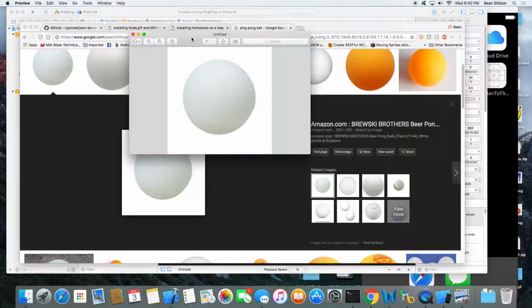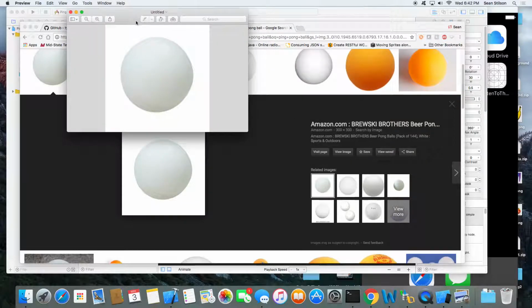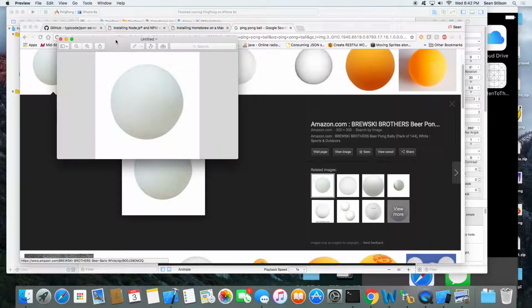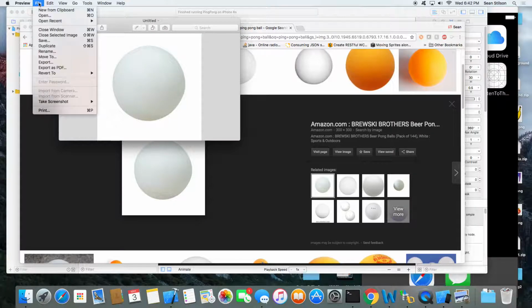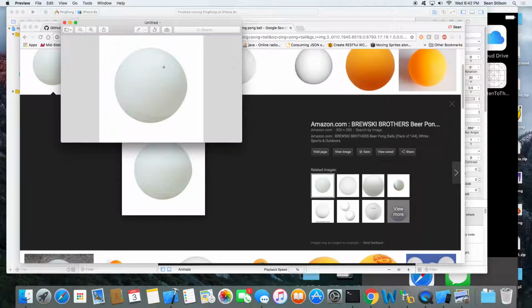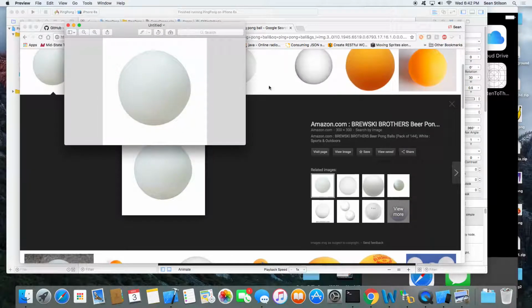I didn't know it was in this. No, we can load that. It was in file. All I did is I copied the image and then I pasted it into preview as a new image. Like Isaiah was saying, if you do File, New from Clipboard, that creates a new image. And I'm not going to save it just yet because we've got to do some manipulation to it.